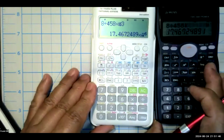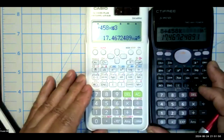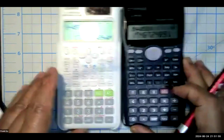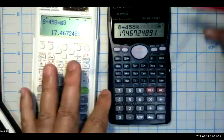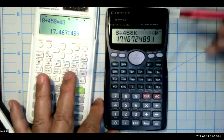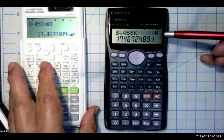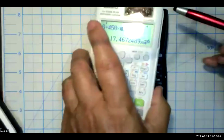But if you already own a nice calculator like this and you don't feel compelled to change to this, that's perfectly okay. I'm just looking to find the most cost-effective way for you to have metric prefixes available to you on the entry side as well as on the readout side, which is what this provides, without having to do